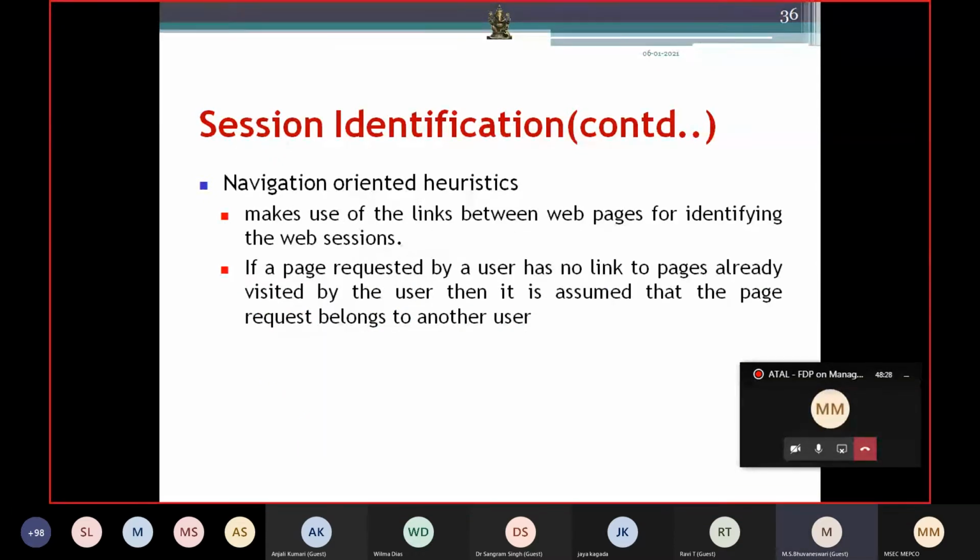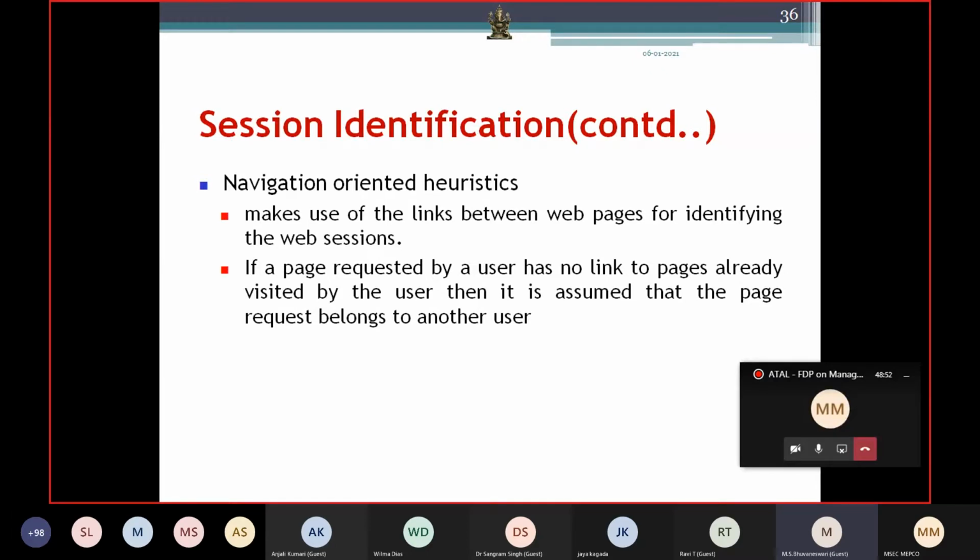Next is the navigation oriented heuristic. From the name, it is purely based upon the links between the pages. We will not take time into consideration, whether it is a 30-minute duration or 10-minute duration. Suppose the user has visited page 1 and page 3. Then we see whether there is any link between P1 and P3, a hyperlink, any reference.